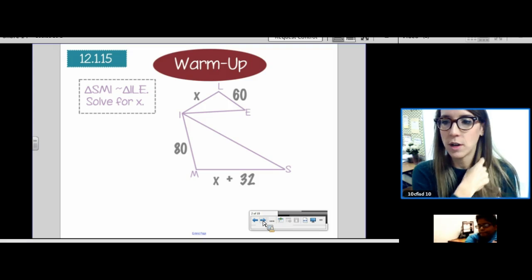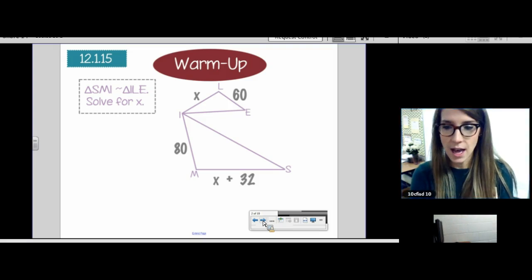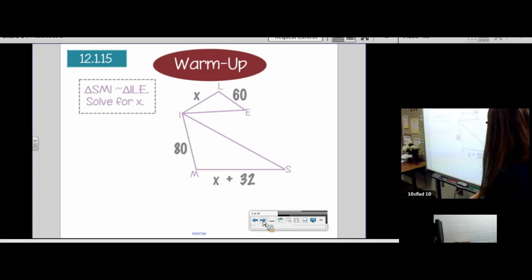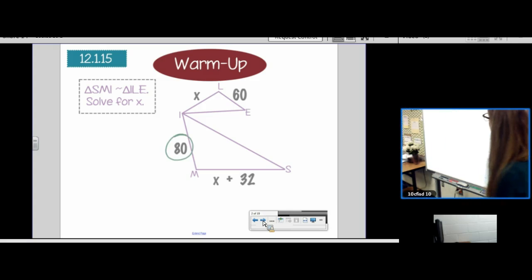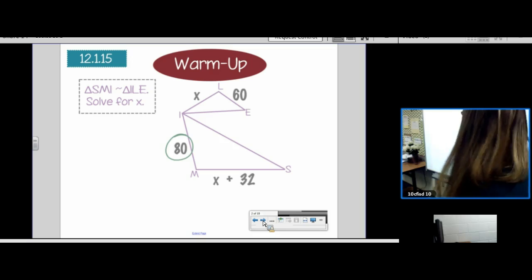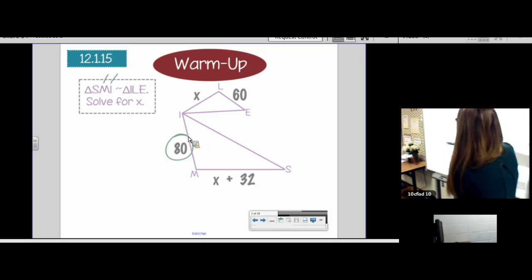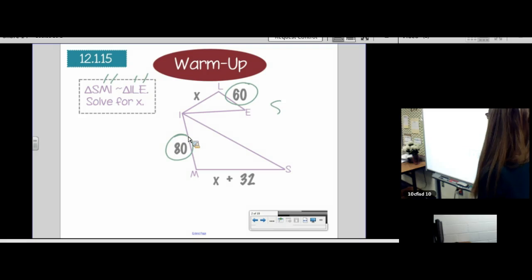Remember, in similar polygons or triangles for that matter, angles are congruent, sides are proportional. So that's how you're going to approach this problem. Let's just pick a number, any number, and let's see which side corresponds to it. So IM is listed third, second, and EL is listed third, second. So the 80 goes with the 60. 80 is to 60 as,